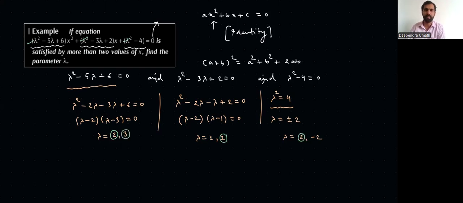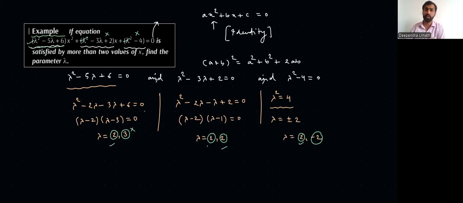I hope you're getting my concept. So I cannot take 3. Similarly, I cannot take 1 and I cannot take minus 2. So the only value which is common among all these three equations is 2. So if you put a 2 here instead of lambda, this part becomes 0, this part becomes 0, and this